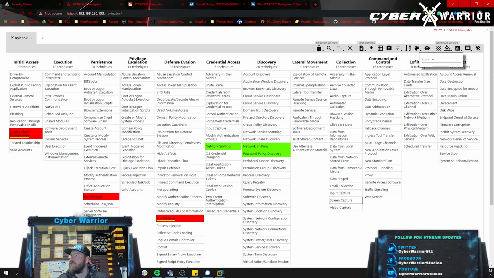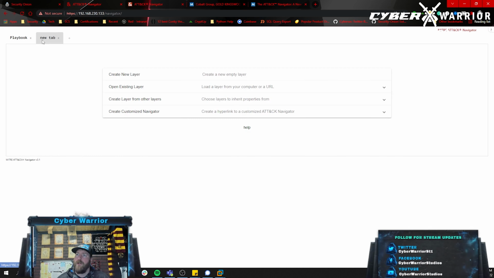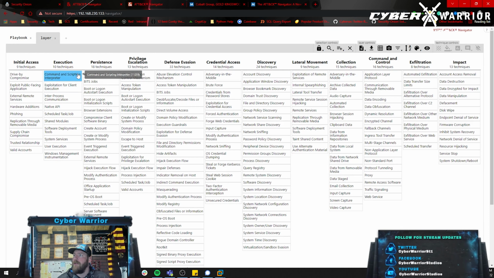So we're going to go to our score, and we're going to give that a 5. And now you can see it's yellow. And it's a gradient, so as you go up, if I wanted to say this was 7, it would change between yellow and red, it would go orange. We're going to put that back. So we know we need to take a look at that. But now let's see. We want to create a new layer, and we're going to call this one